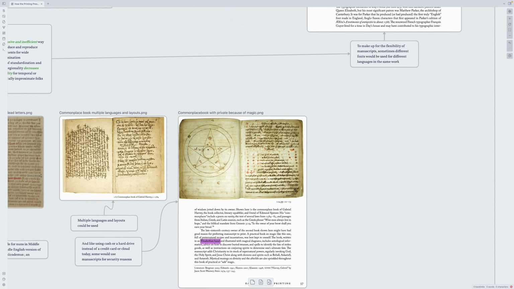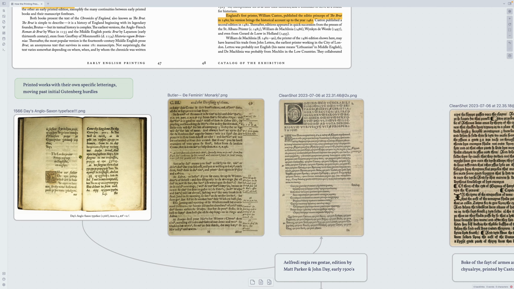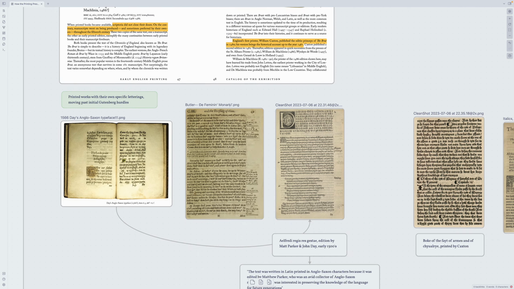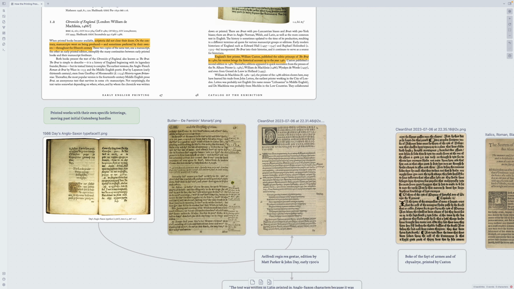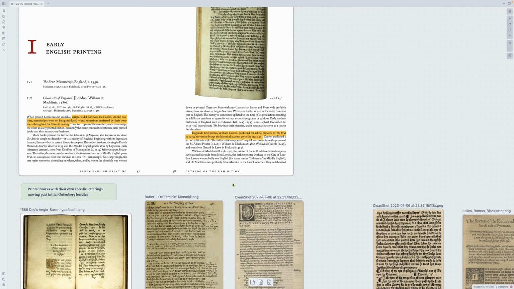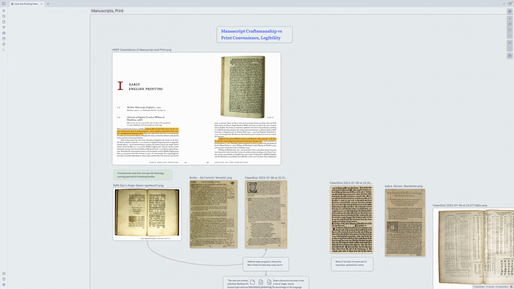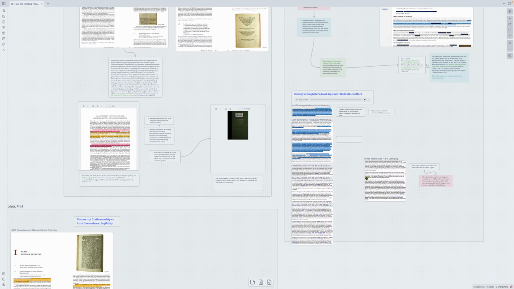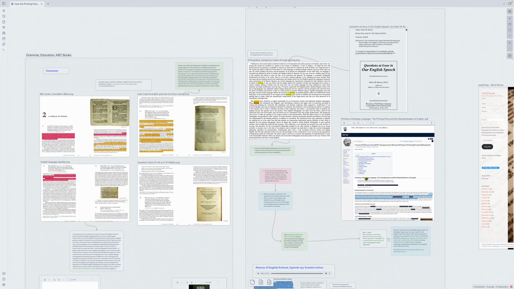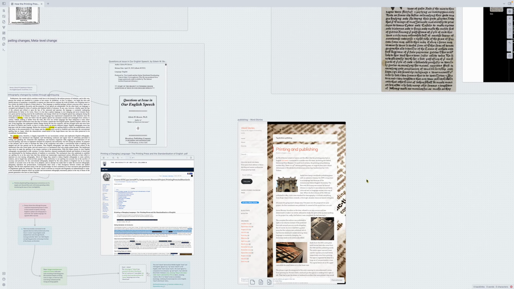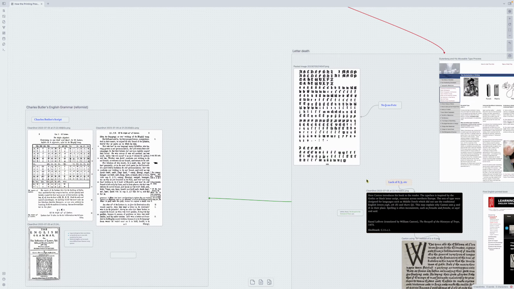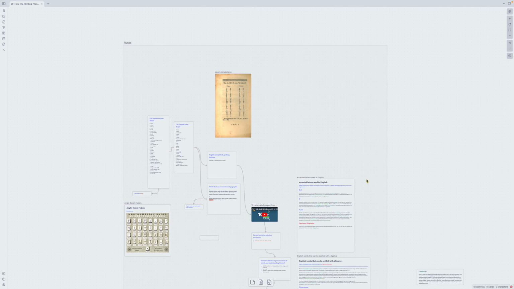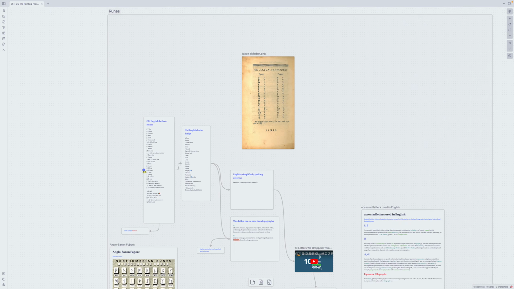So we're going to go back and look a little bit at some prints as well. Here you can see some examples of a little bit of flexibility actually with print. This is not very common, and I think I'm getting ahead of myself a little bit. So before I get into these examples of prints, we are going to talk about letters in English and the ways that they started to disappear. So very briefly,